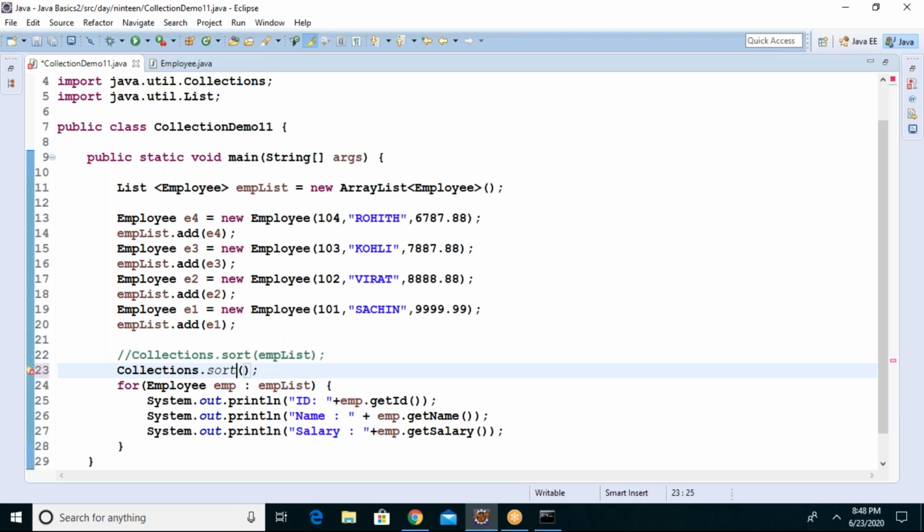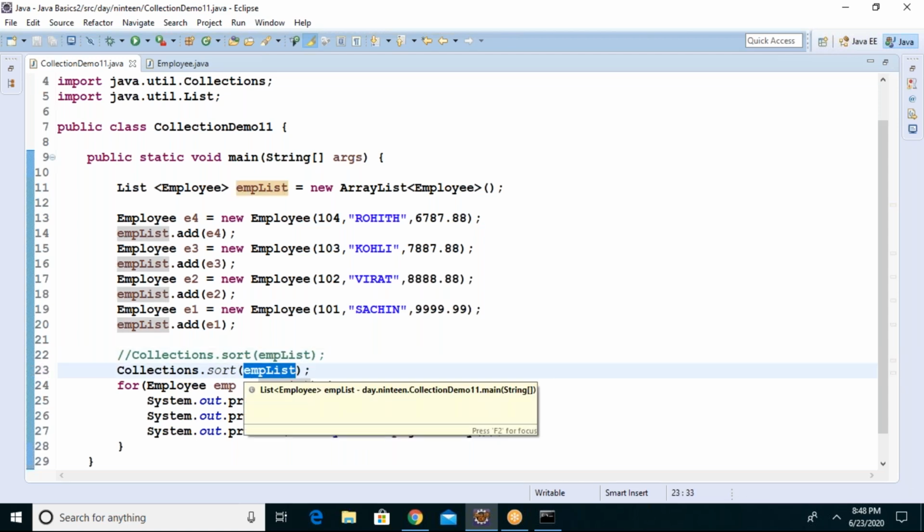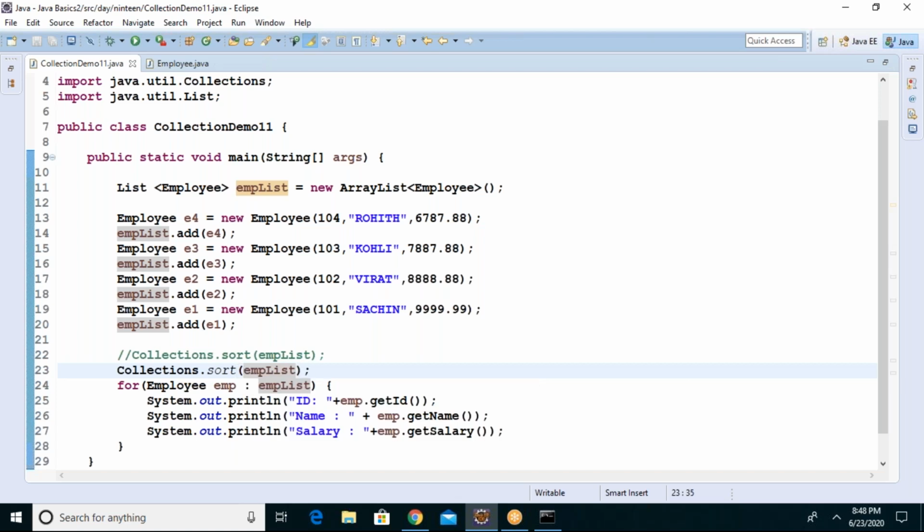So there are two options: either you keep default sorting, or you remove default sorting, then go for salary. That makes salary the default. No, I want the ID option in the same program. I also want the salary option. I want to keep both enabled.